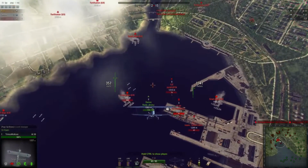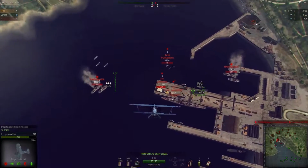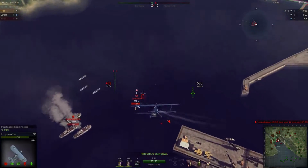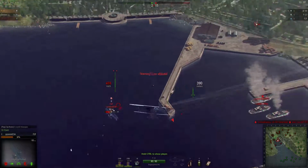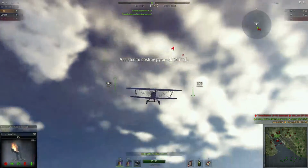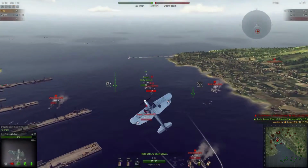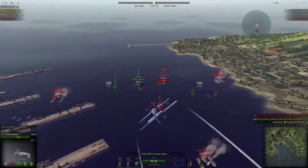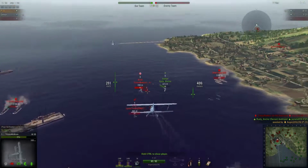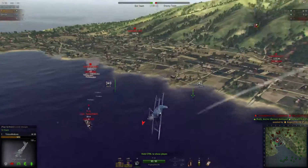That ally of mine's died, but it actually lasted long enough for me and my demon friend here to arrive. And I'll go for the F2F first, because it's kind of the biggest threat for me, because I can't really deal with it very effectively. Put a bit of fire in, but don't quite get the kill, but my ally manages to get behind me and immediately pull up and decide it's safe enough to go back in and go for the AR-68, because I figure with its firepower it can do the most damage to my ally, so I want to get it out of the game as quickly as I can. Take away about half its health,